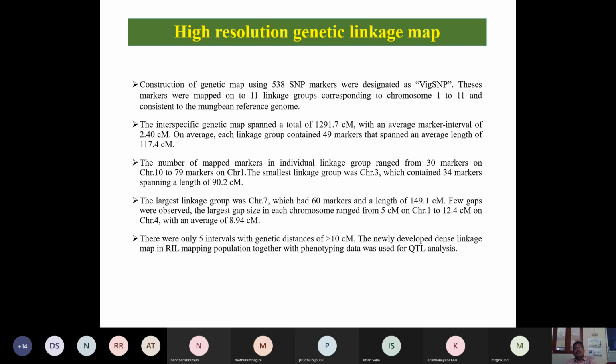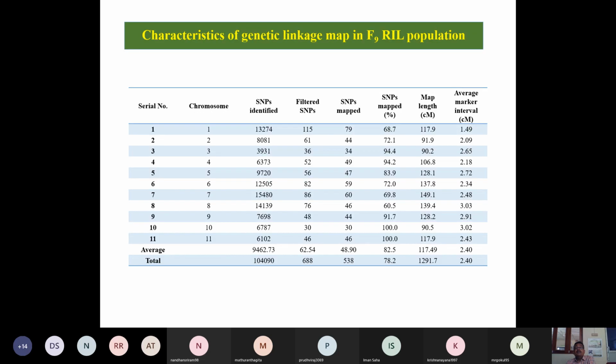When you read this, it gives information on whether all the markers are distributed uniformly on the chromosome or whether some chromosomes have very few markers. So those are the things you have to look into on the high resolution map. Again, the map fits the average length, which we already discussed.